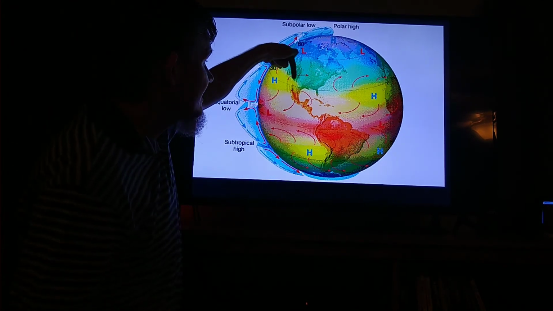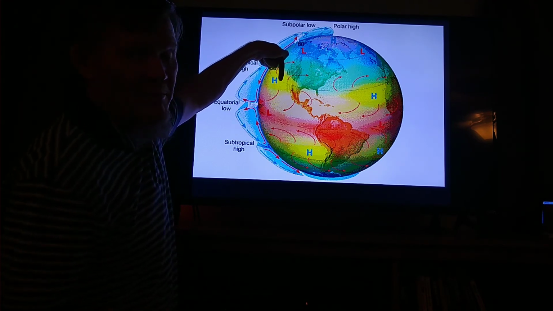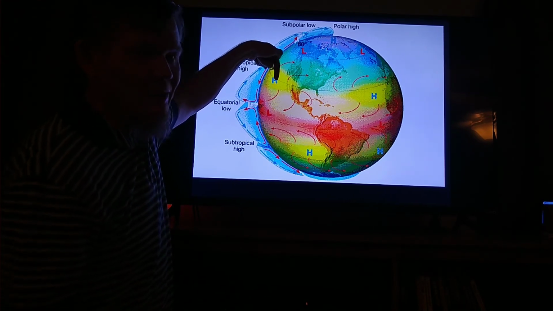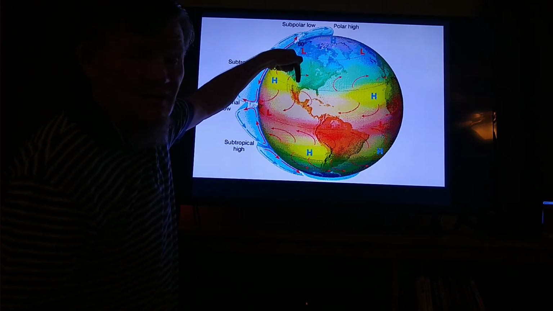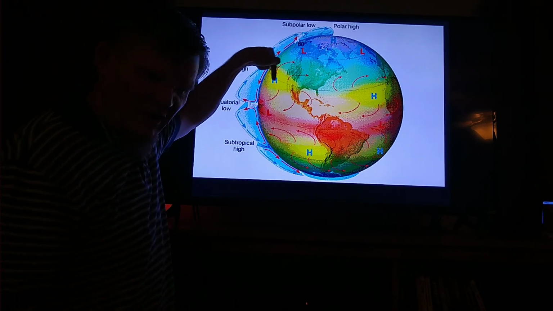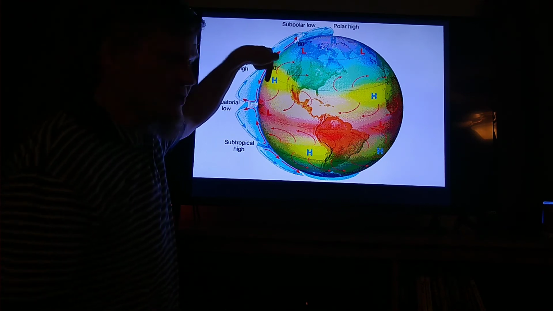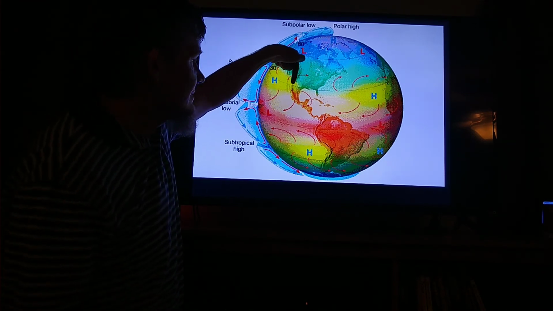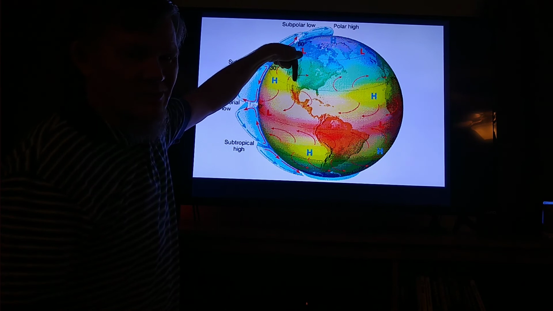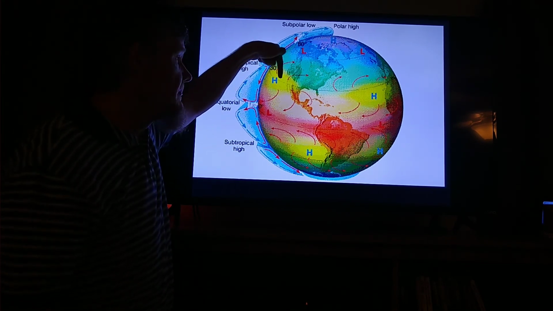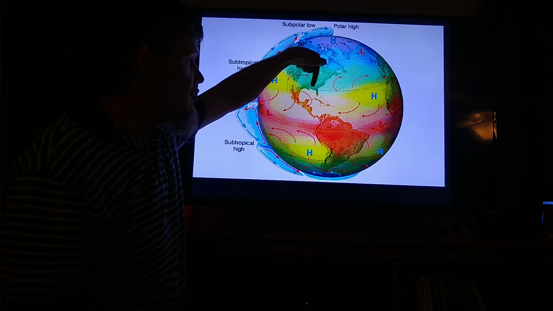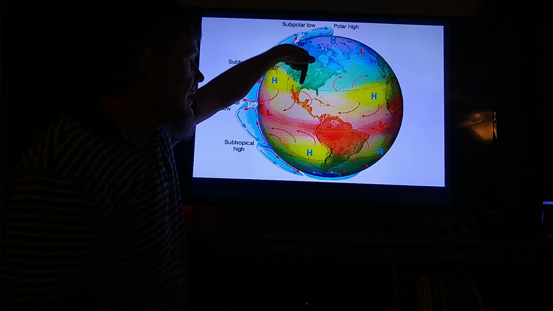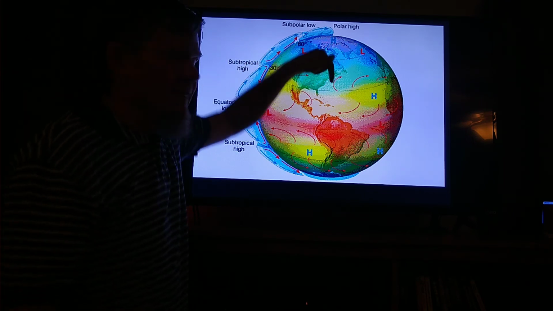Look, what is this area right here? Northern Mexico. When you think of Mexico, what do you think of? You think of deserts. This is Southern California. This is Nevada. This is Arizona. When you think of Arizona, what do you think? Desert. This is Texas, right over here. West Texas. What is West Texas like? It's a desert. East Texas, Louisiana, Alabama, Georgia, northern Florida, these areas right here, they are not deserts.